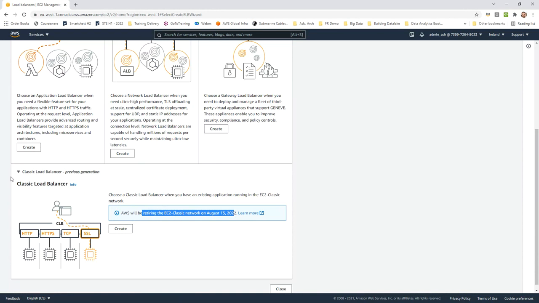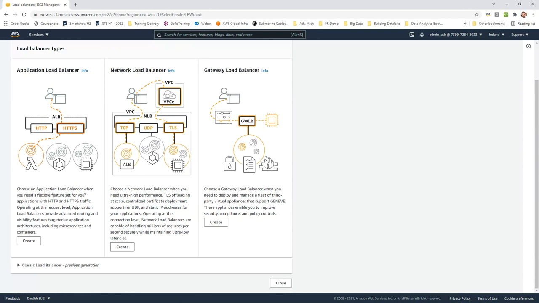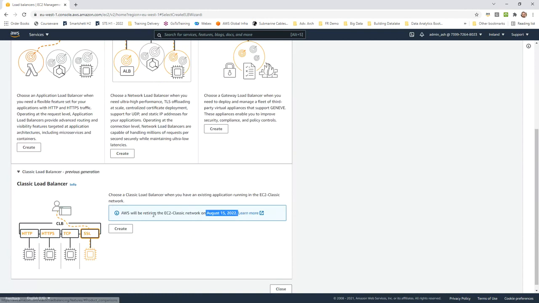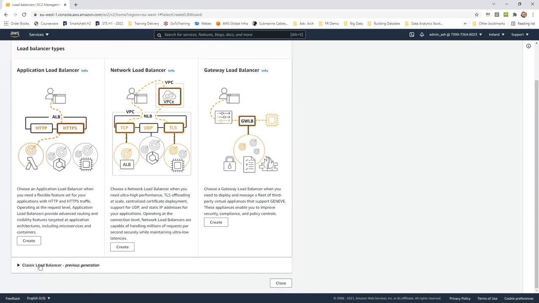So this existed when we had EC2 machines which could be provisioned without a VPC. If you look at the history of the services, the EC2 service was made available before the VPC service. The VPC service was created later. So when we had a classic EC2 machine and we needed a load balancer for that classic EC2 machine, that is when we provided the classic load balancer. As you can see, it would be retired. It would not be available anymore. So that's why we just put it like here. In a rare case somebody would use it, but we will probably focus on these three.